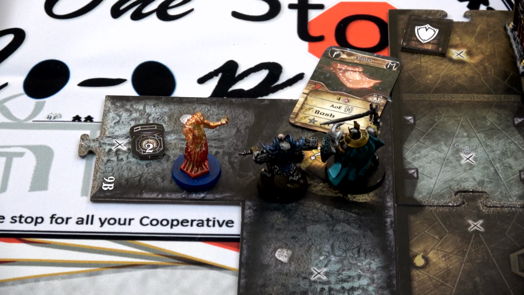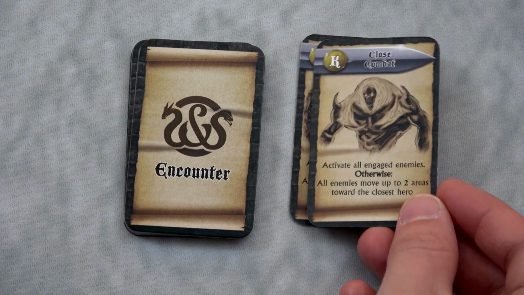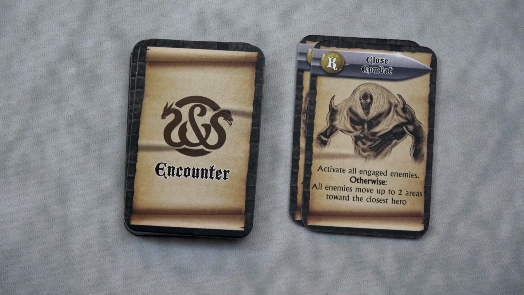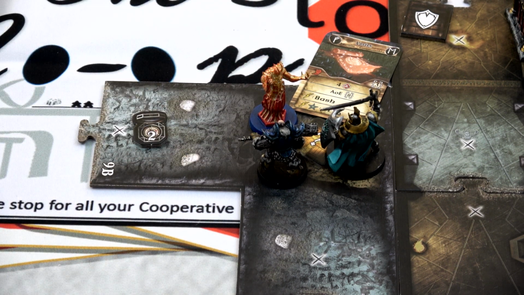The nice thing is that blue Ifrit is going to be totally dominated by us, and we're already 1 space away from seeing where this tunnel leads. That'll end Thorgar's turn. Let's draw our next encounter card. Activate all engaged enemies. No, otherwise all enemies move up to 2 areas. He's going to run in there and get himself dominated. That just seems silly. But I'm not going to complain. He probably saw his brethren go down and he's trying to come in to take us out, not realizing what